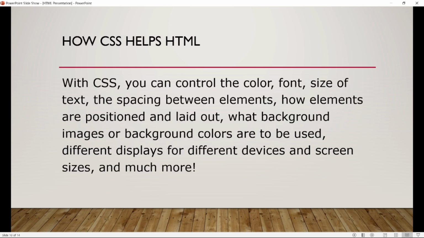So how does CSS help HTML? Already discussed about it. With CSS you can control the color, font, size of the text, the spacing between the elements, how elements are positioned and laid out, what background image or background color are to be used, different displays for different devices and screen sizes, with media queries, and much more. Okay,